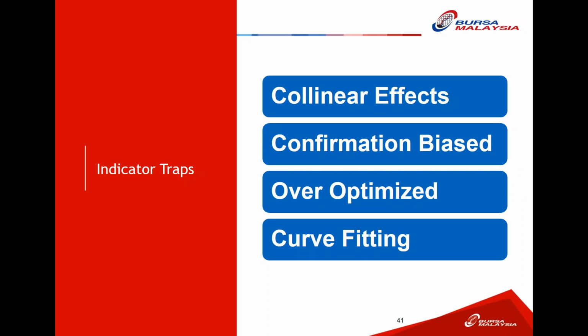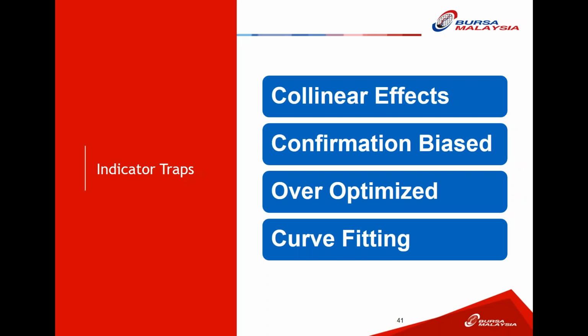And confirmation bias. Confirmation bias is when you look at the chart and try to do a backtest. Let's say you look back 10 years using your eye to see that this indicator gives you a very good signal. Then you fast forward 1, 2, 3 months, and this indicator gives you a very good result again. And you fast forward 3, 4 months, and it gives you a very good result again. After some 10 years, you conclude that this indicator is the best indicator because it gives you very good results. But in reality, it's just confirmation bias, which means